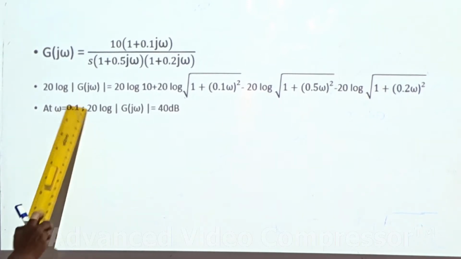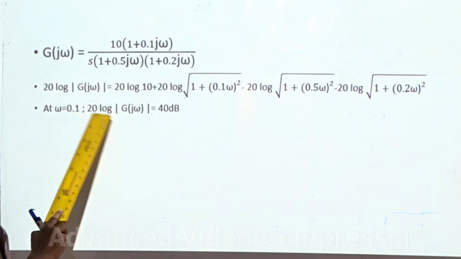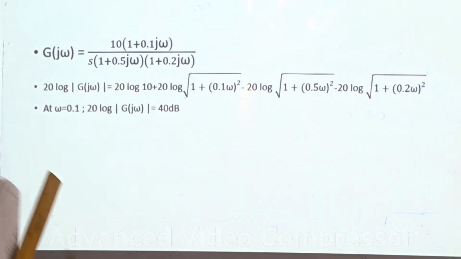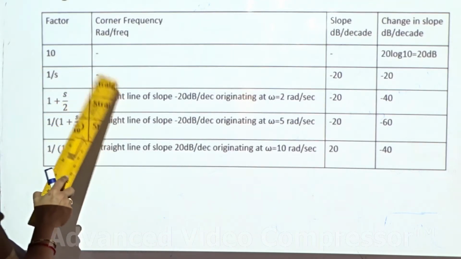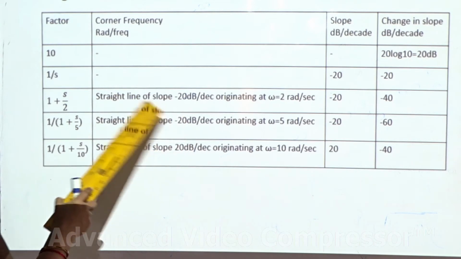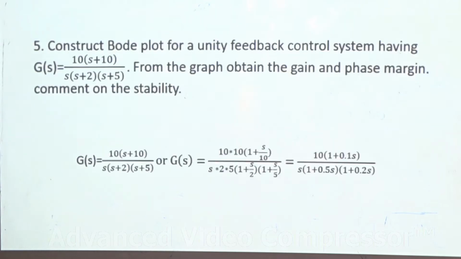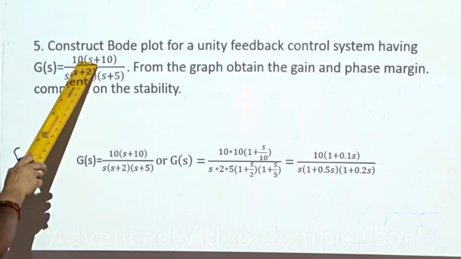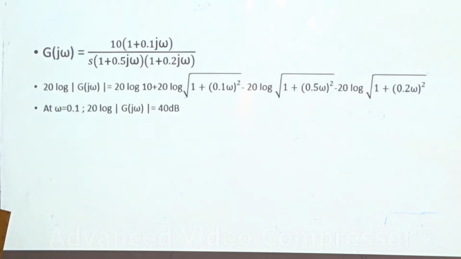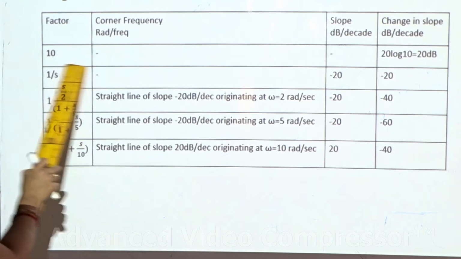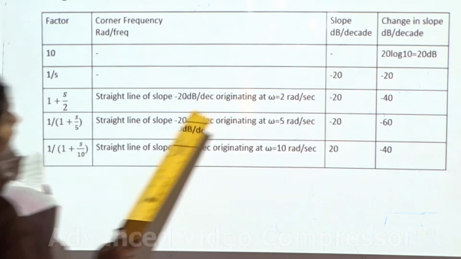Looking at this equation, now if we try to find the magnitude of this transfer function at 0.1, how did we come to that, that is 0.1 here? We are coming back to this magnitude plot, this table. We have the first value is 10. If we look into this, the constant value was 10. We had 1 zero and 3 poles. So now let us first go to the first magnitude. From this, the magnitude that we get is 20 dB.